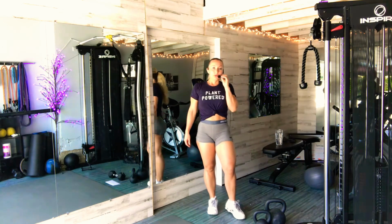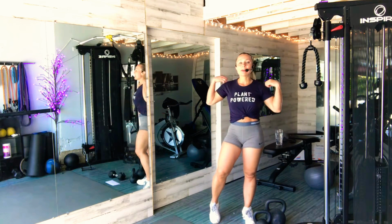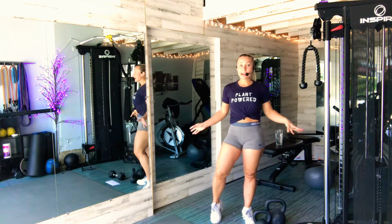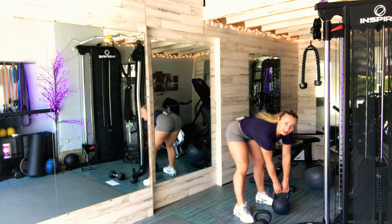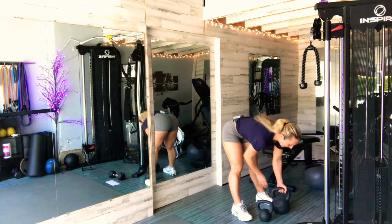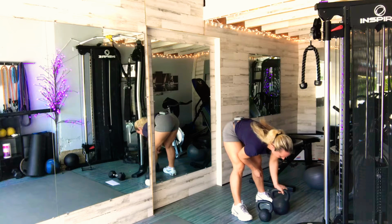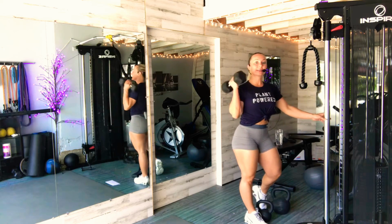So I'm going to go through each movement before we start the circuit. So get some water, have a towel nearby. If you have a mat, grab a mat, have that out. Obviously have your equipment. So I've got a heavier kettlebell here. I've got my lighter kettlebell. So this is 20 pounds, well it's actually 17.8. And then this is my 55, I think. 52.9, so 53 pound. And then I've got a dumbbell as well, because like I said, I'm going to show